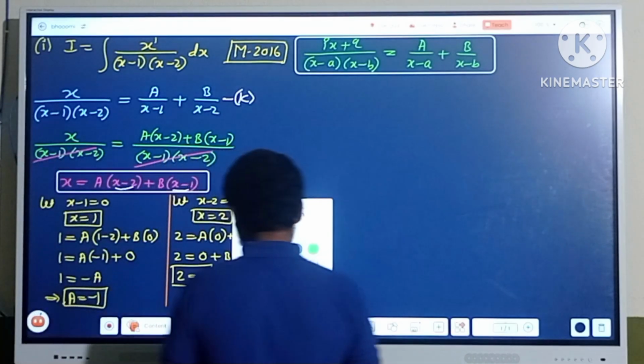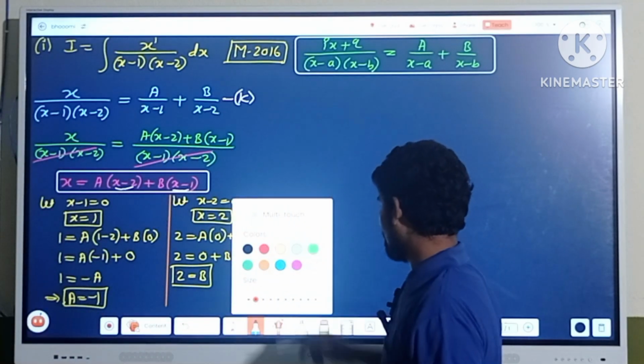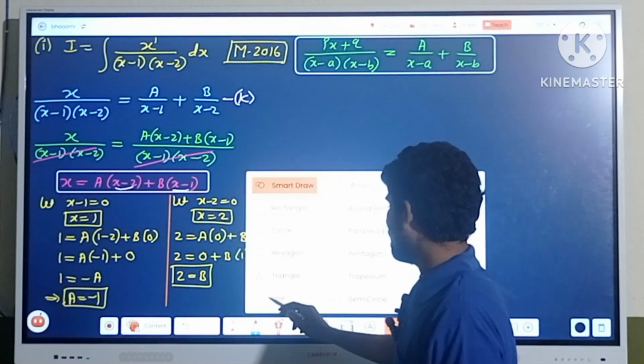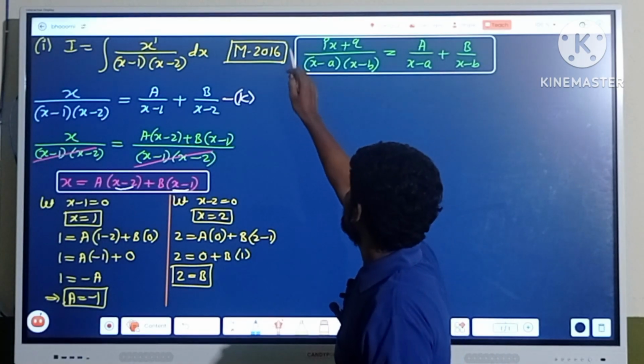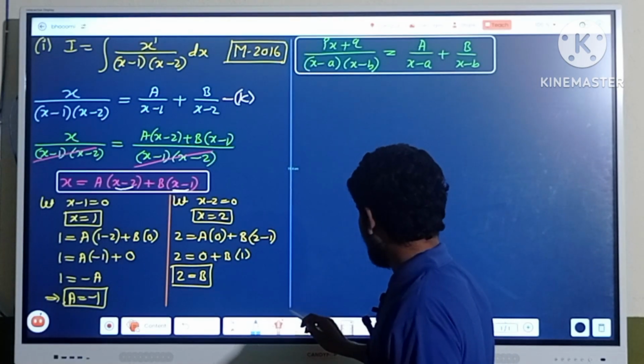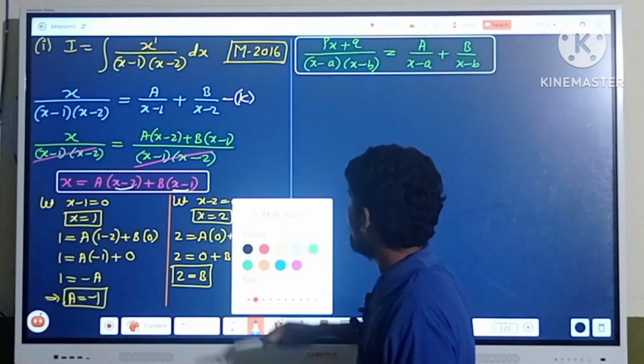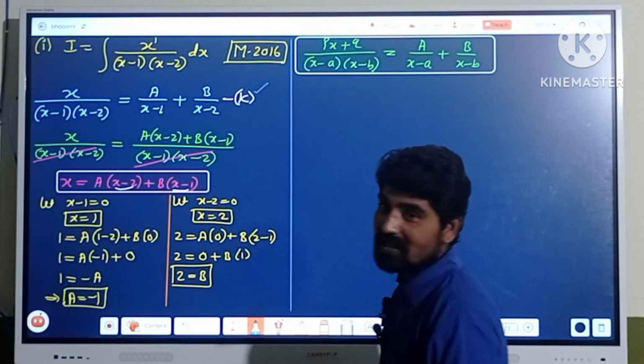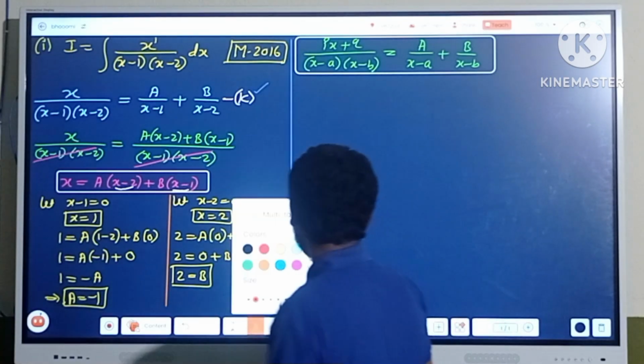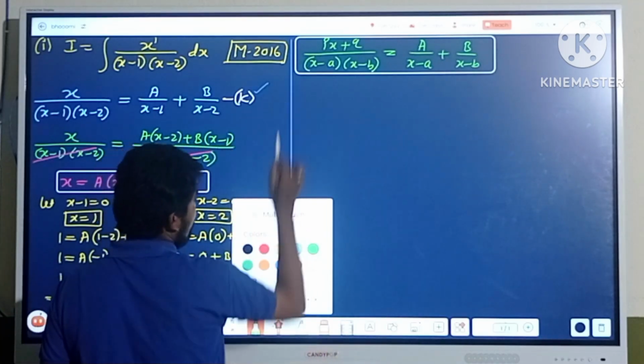After finding the values of a and b, we need to use these two values in equation k. In which equation? In equation k. So therefore equation k implies